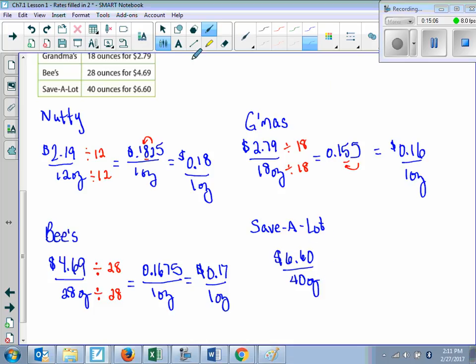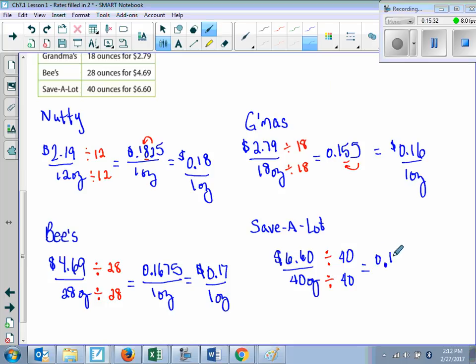And to change this to a unit rate, we're going to divide by 40. Very good. So we're going to divide by 40 in the numerator and the denominator. And when we do that, $6.60 divided by 40 ounces gives us